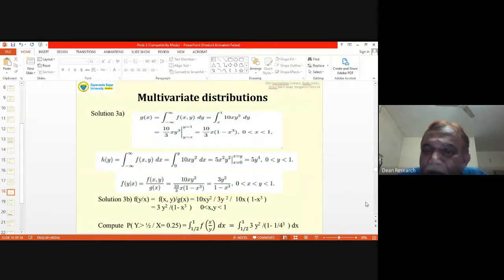Now you have the integral of x, which is x square divided by 2. That's why here we have 5, which is 10 by 2. So 5x square into y square, and this x square will have to be evaluated at x equal to y. From that, you subtract the value of x square by substituting x equal to 0, which comes to just y square. So this comes to 5 into y square into y square, that is 5y to the power of 4. Any doubt regarding this?